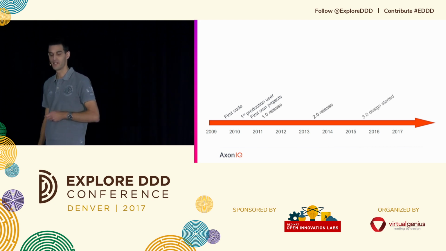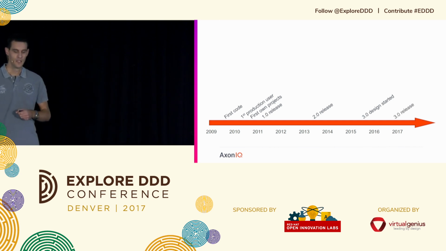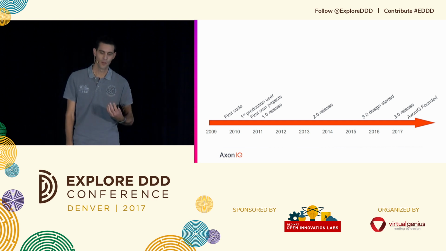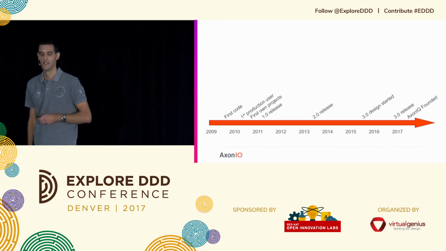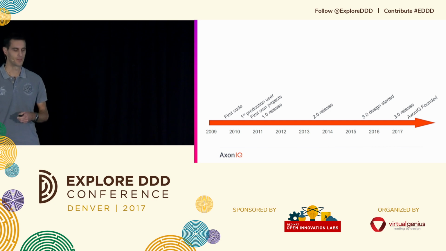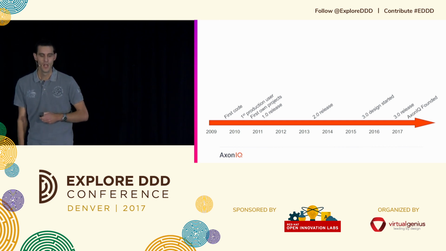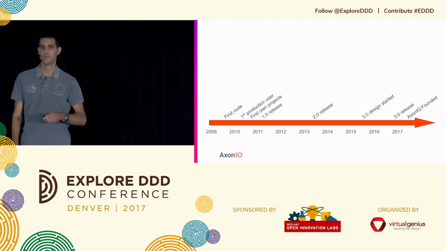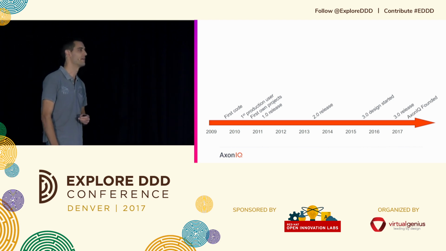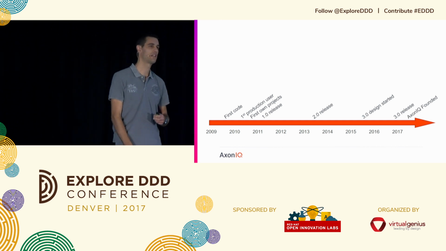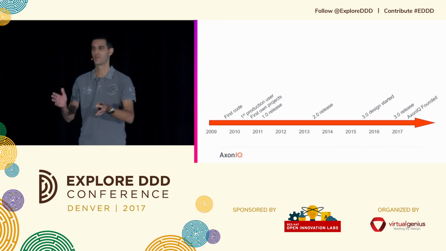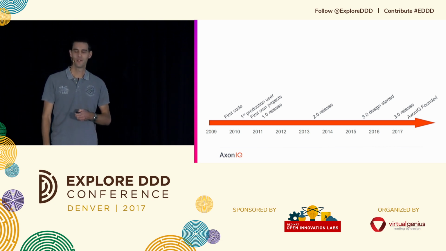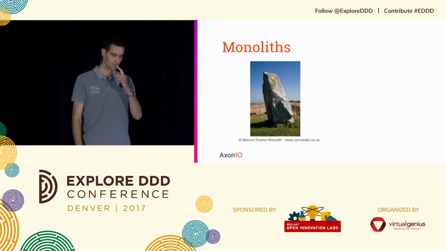Then we had a couple of releases. And actually, 2 months ago, we founded Axonic, the company that's now commercially backing the open source Axon Framework. But I've learned a lot of lessons in those times. You can see there's 3 releases in the meantime. And basically, every release means the previous one was completely crap. I'm extremely sorry, but here's one to replace it. And I'm pretty sure there will be more lessons to learn.